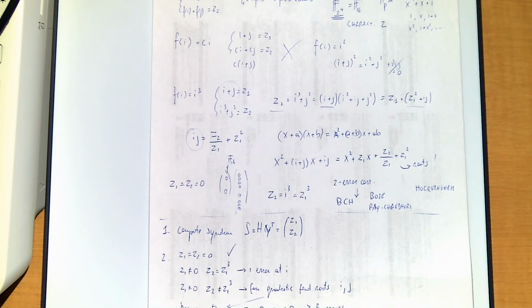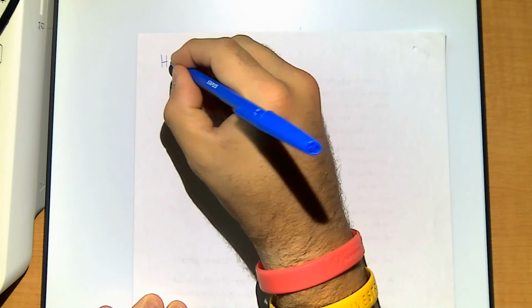Cool. So basically you can treat this as a binary code, but then you really interpret it as a query code over 2 to the m. In fact, you can think of your code in this way. Remember, we have that parity check matrix. We can write it in this way: